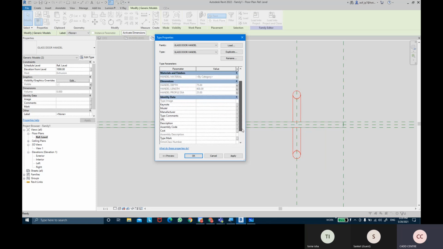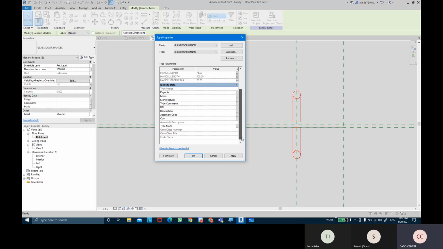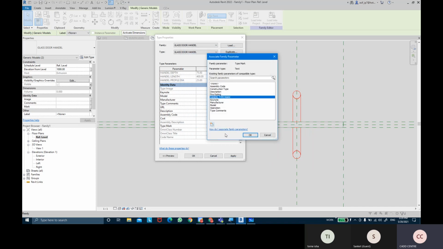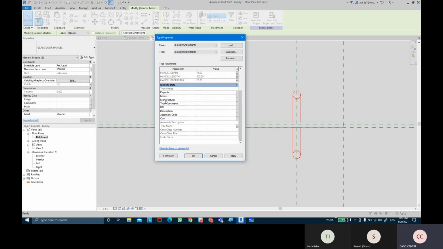You can control these parameters at least. You can also give associate parameters to the manufacturer name as well.